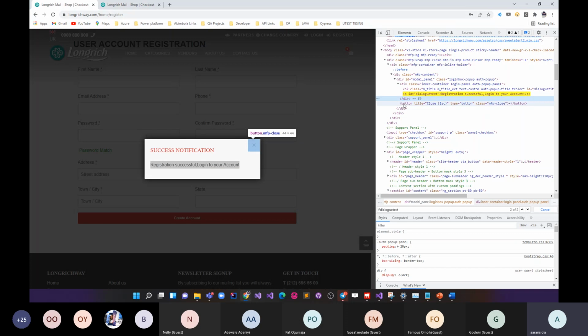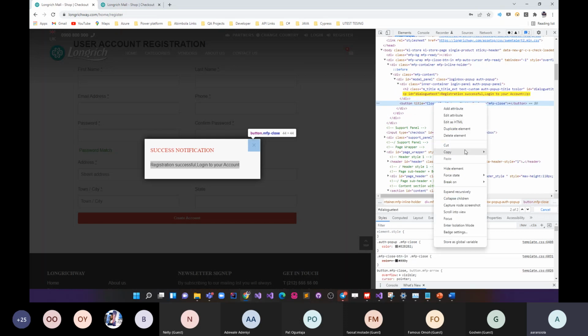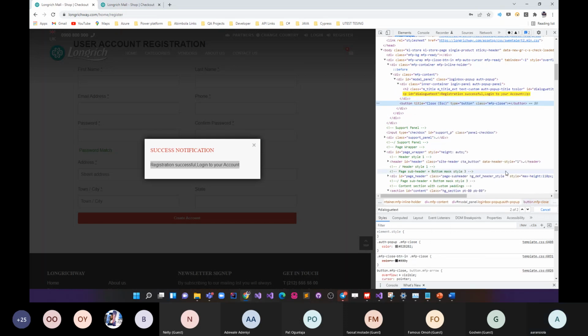Sometimes you need to just open the div. So what I've just done is open this particular div here, and I'm going to use this element here. I'm going to use the CSS there. Just copy, and yep,